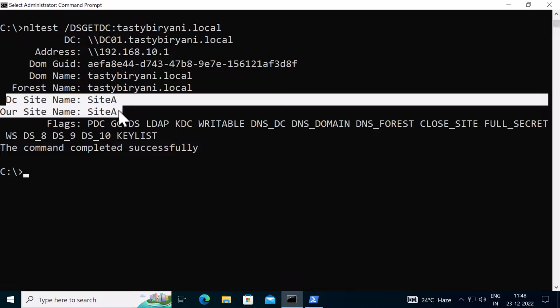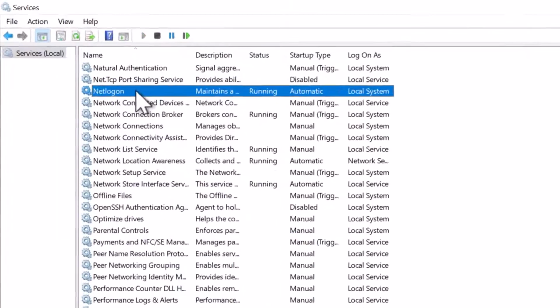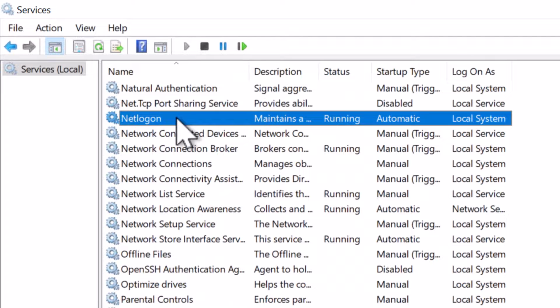Now, nltest is the command line tool which also allows you to check the trust relationship between the computer and the domain controller. So if you want to know how Windows operating system finds the closest domain controller, then it is the netlogon service which is responsible for discovering the logon server when Windows OS boots up. This service must be running all the time on a domain joined machine. So you can see it is running on this domain joined